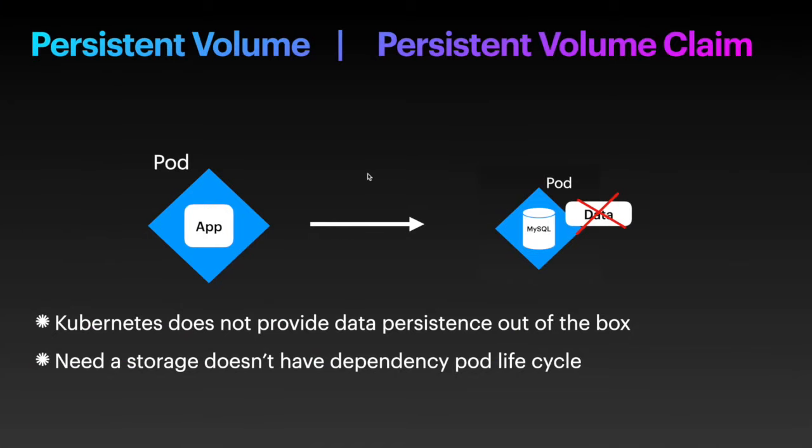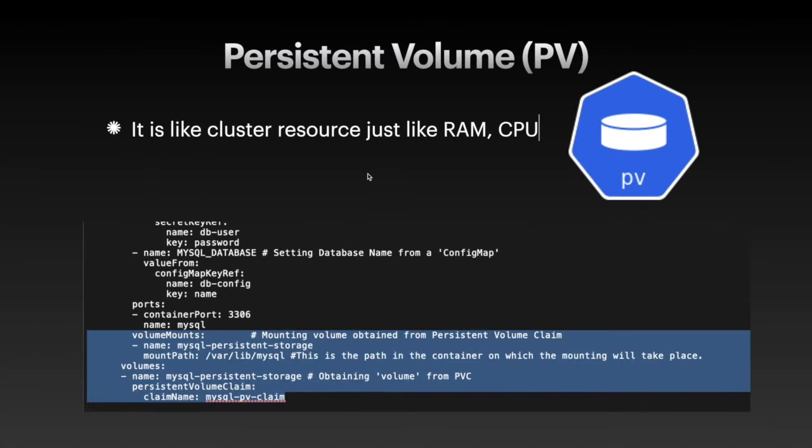So you can configure all this kind of storage using a persistent volume. It is like a cluster resource, just like RAM and CPU. Kubernetes provides an interface for persistent volume storage. As a developer, we can use the interface to connect the actual storage with the persistent volume. The persistent volume will be defined in our deployment YAML file like this. Name: MySQL persistent storage. This is the name of the persistent storage, and we are requesting on this specific path. The data should be stored on this path, and the volume's name, the name of the persistent storage, and